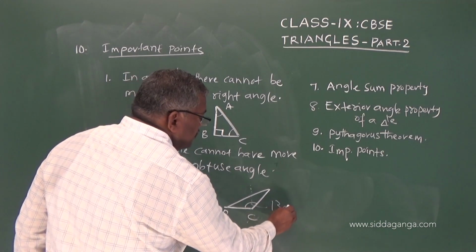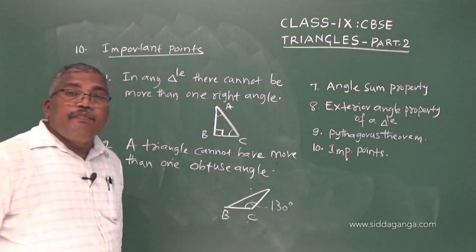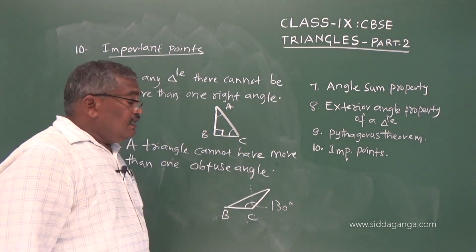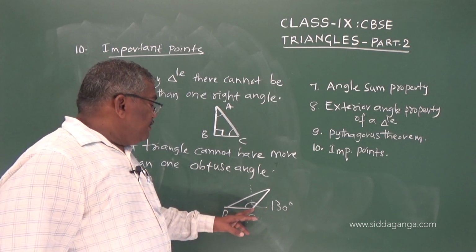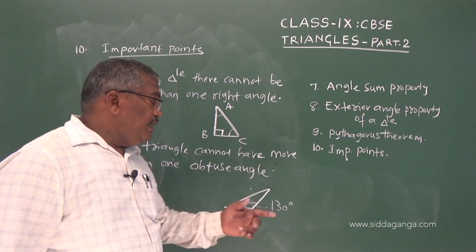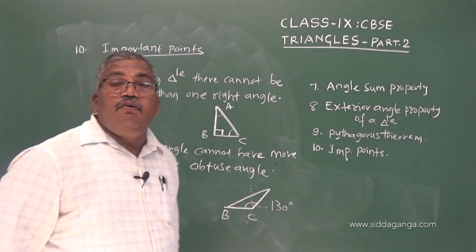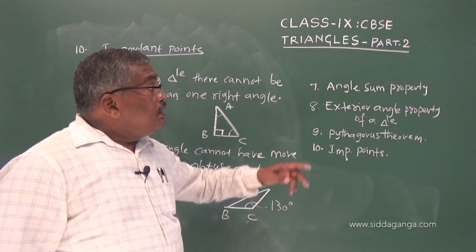Another obtuse angle cannot be there, because if you take two obtuse angles, say 91 degree is also an obtuse angle, 91 plus 91 is 182, it becomes